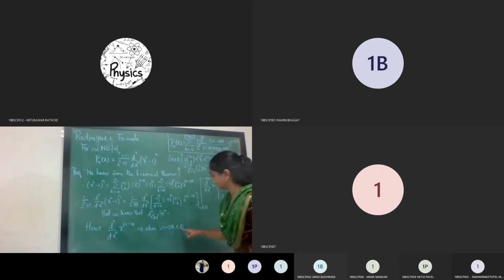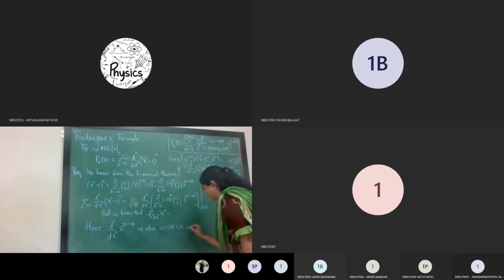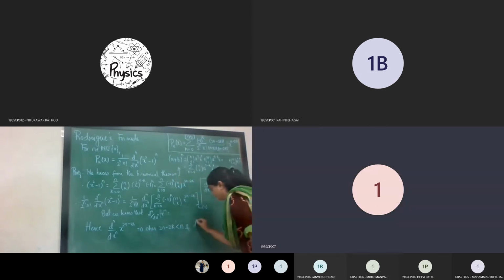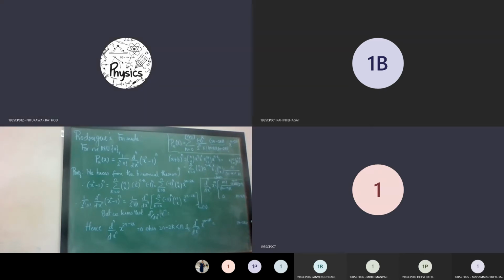So 2n minus 2k की क्वांटिटी जब n से छोटी होगी तो corresponding derivative will be 0 and nth order derivative of x raised to 2n minus 2k is equal to, तो क्या हो जाएगा जब I consider 2n minus 2k is greater than, let me write, आपको दिख रहा है ये फॉर्म? बोर्ड का बॉर्डर दिख रहा है? Yes, ma'am. So I am writing it over here n.